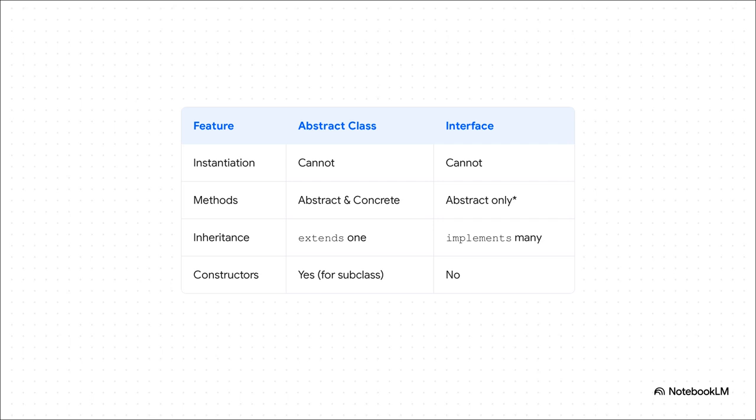So first thing, you can't create an instance of either one directly. But look at the methods. An abstract class can be a mix of concrete methods that actually have code and abstract ones that don't. An interface, though, is traditionally a pure contract. It just lists what you have to do. And here's the really critical difference. A class can only inherit from one abstract class, but it can implement many interfaces. That gives you an incredible amount of flexibility when you're designing your system. All right,